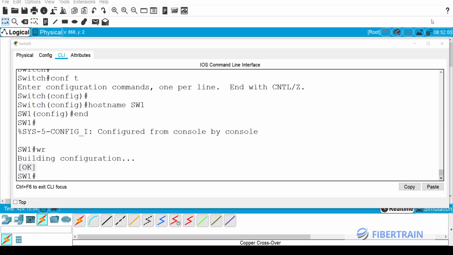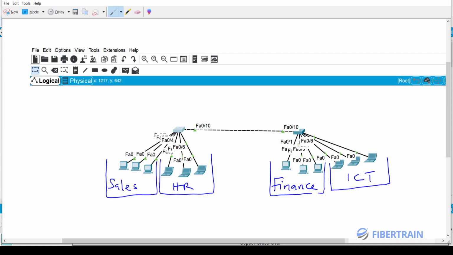Okay, in this session now, we'll try to assign VLANs or switch ports to VLANs. So see what we intend to achieve here. If I bring up this diagram, this is exactly what we have set up. So these first three PCs are on the sales department, and this one's on HR, we have finance, and we have